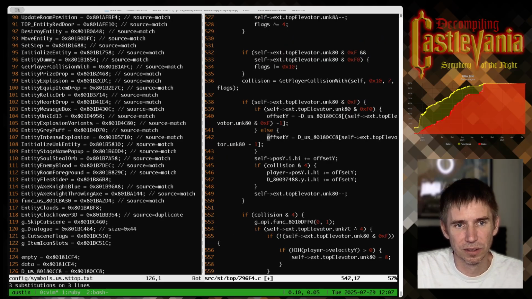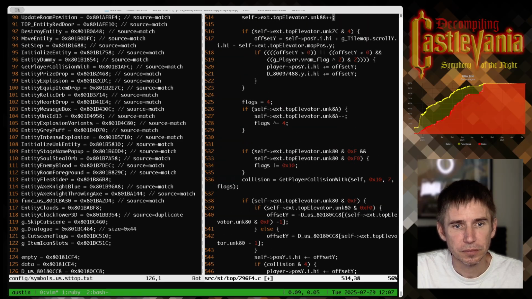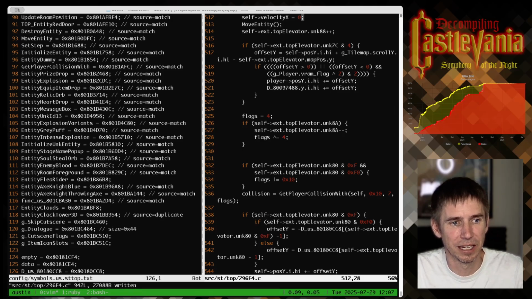So I think we're assuming that the top elevator unknown 80 field is going to be an integer greater than 1, because otherwise we're looking at the previous address, which would be out of bounds potentially. There may be other things going on here that I need to look at, but